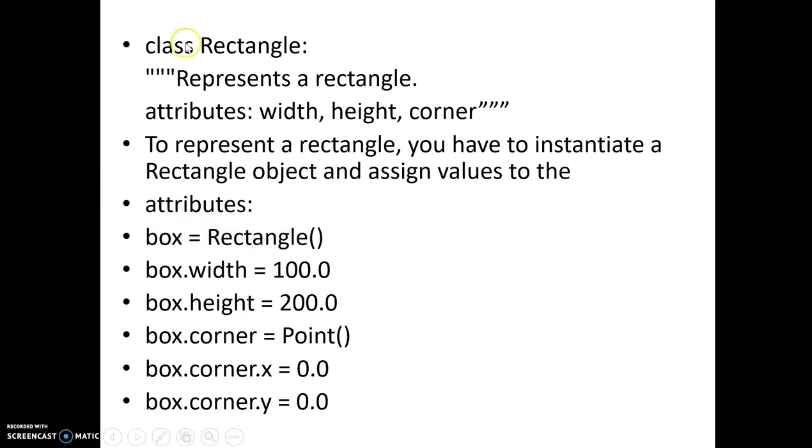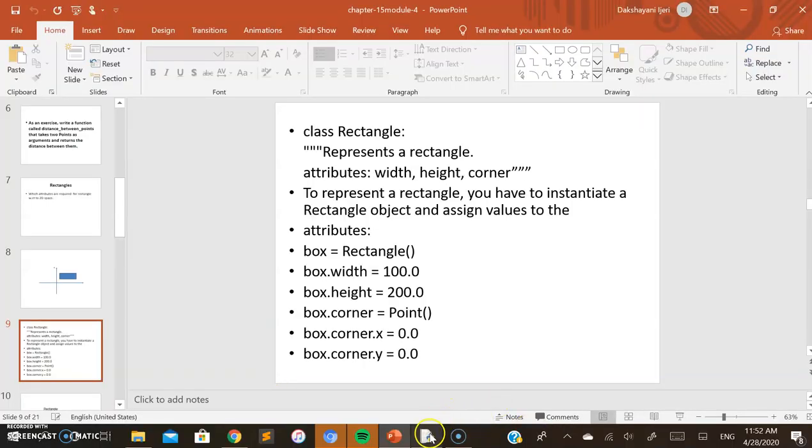You can see the class rectangle has been created, and the object for the class has been made. The attributes that we require to define a rectangle are width and height with some values. And with respect to the point, we have already created a class known as point, so the same point can be used to set the values for the rectangle as well. Let's see how it is done here.